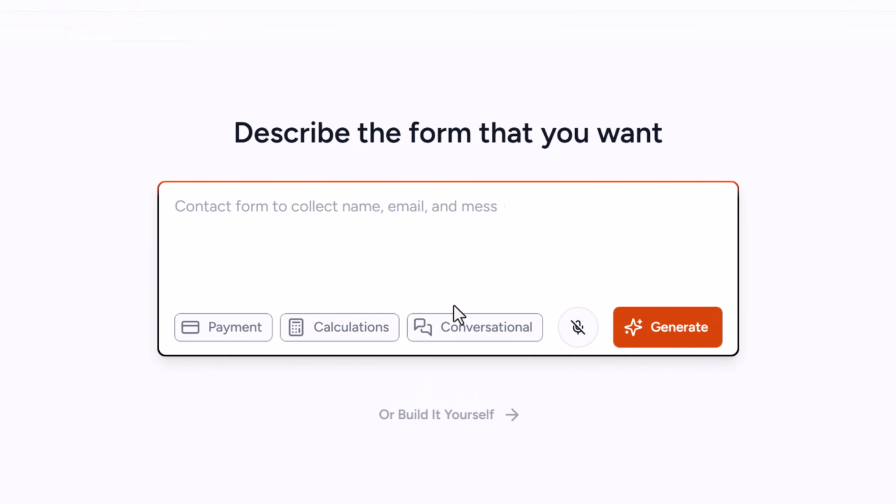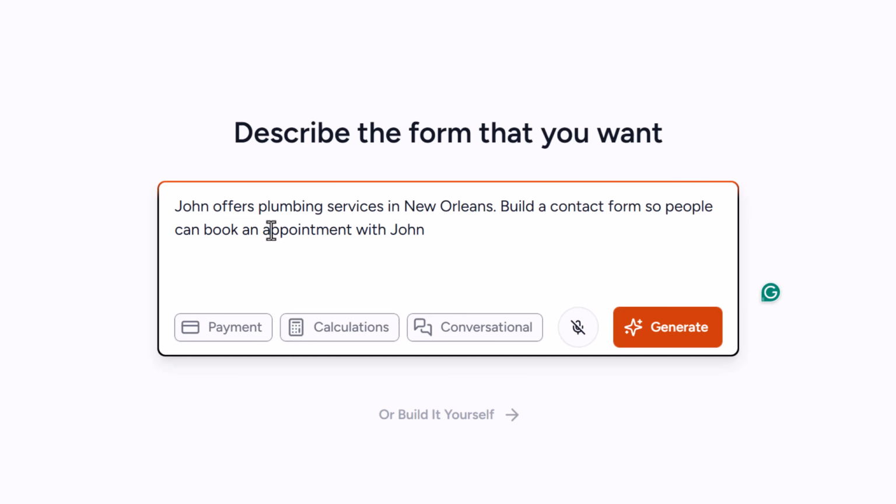And now this is the amazing AI form builder dashboard. Just describe your form, like, I have a local business website, John's Plumbing, and John offers plumbing services in his local area. So I'll just describe. Okay, I have described my form in plain English.